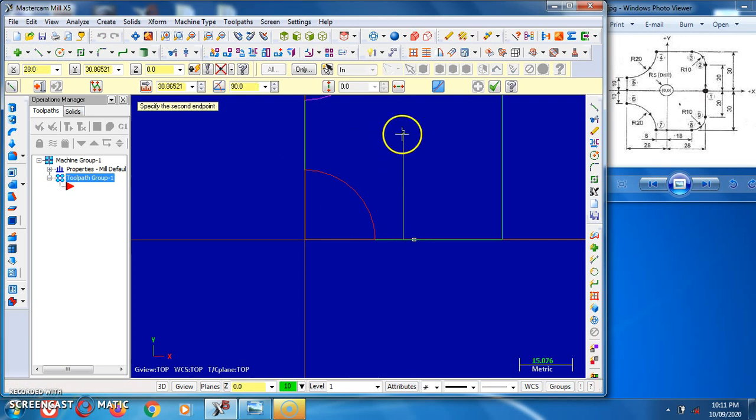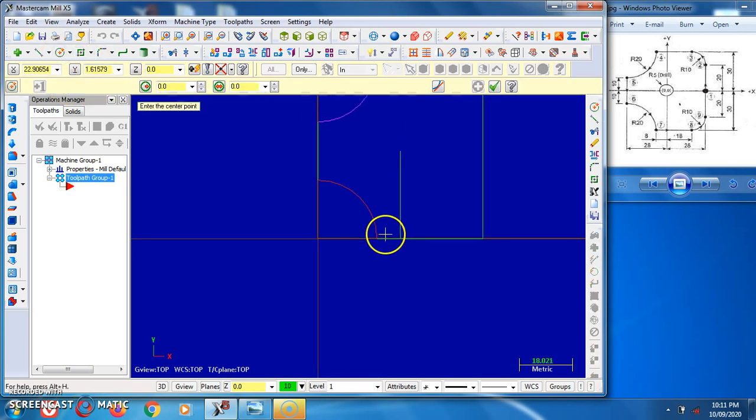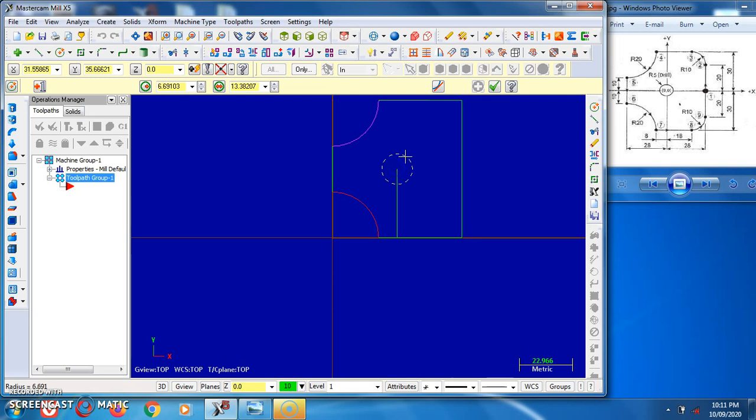So this is the center. Draw the line 30, angle 90 degree, press enter, and from this position we can draw one circle having the radius of 5. So press 5, enter, click done, and delete this unwanted portion.